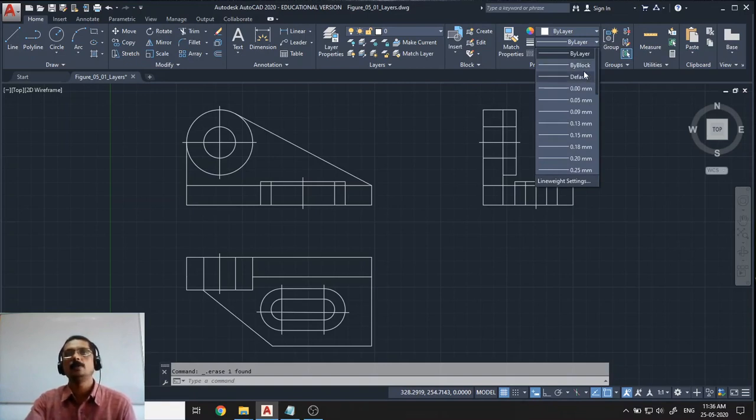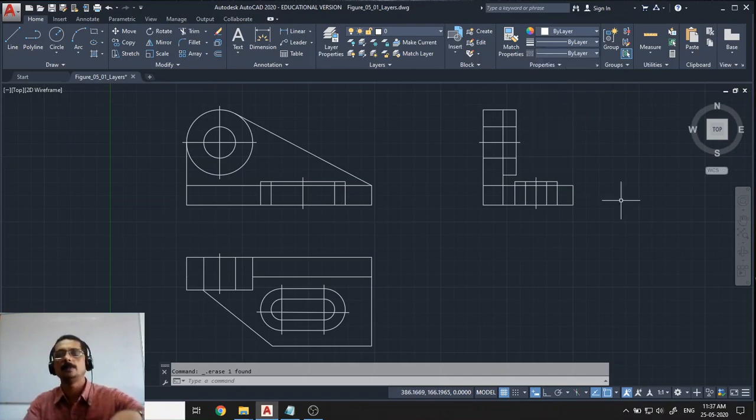There is also something called ByBlock, and the block concept we haven't studied. There is an important functionality in AutoCAD called blocks, which we will be discussing later. Once we complete the discussion on blocks, you will understand what ByBlock means. Okay, so this is about color and